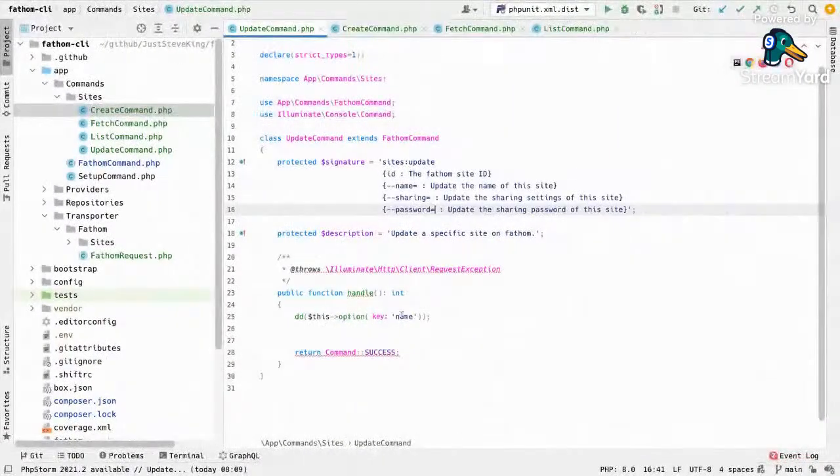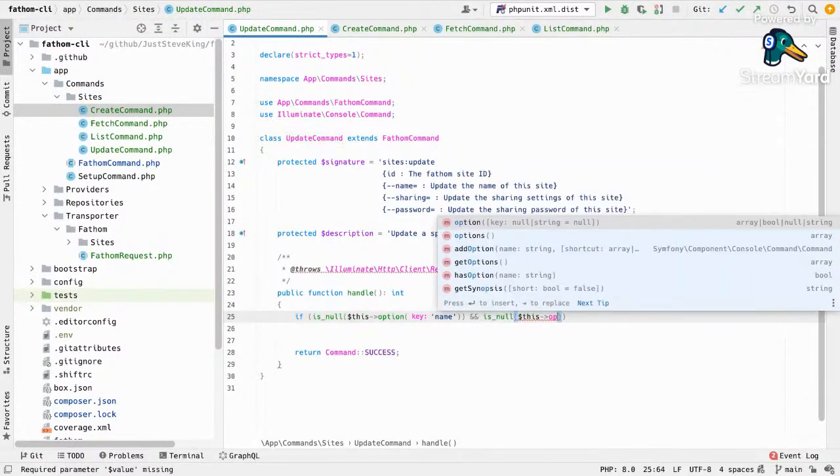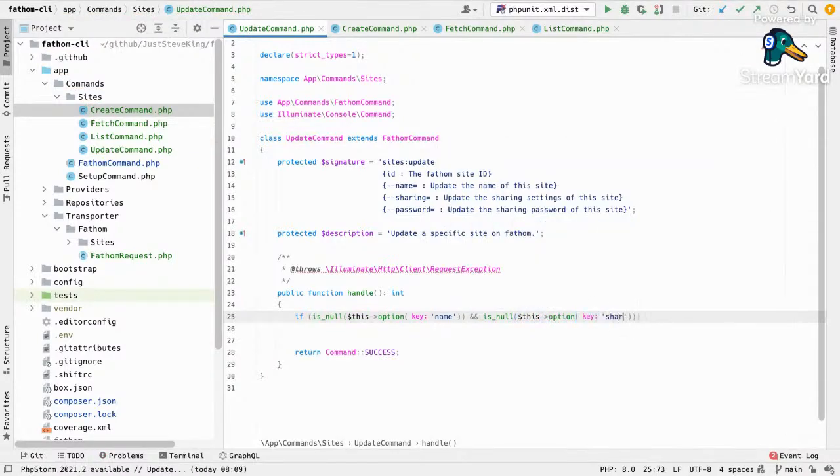Well, perfect. What we want to do basically at this stage is if this option name is null, and this option sharing is null, and